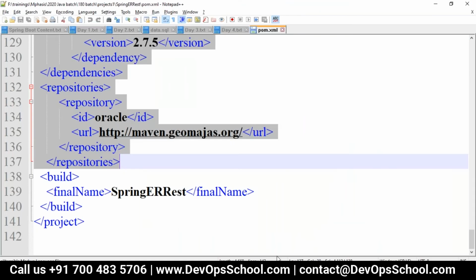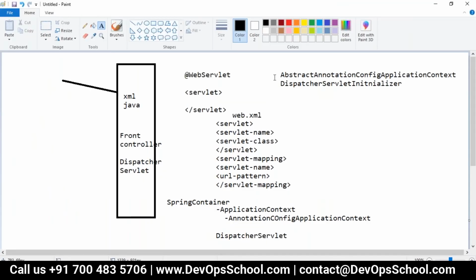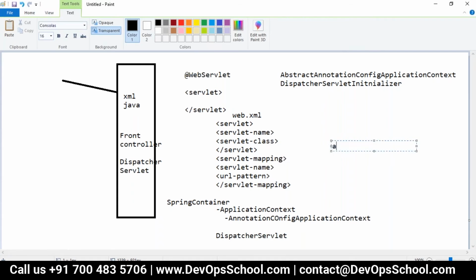In a Spring Boot application, you will not have that view resolver and all. View resolver we will be having, but we don't need to create it because it's everything mapping. We'll do it in application.properties. We don't write all the classes. We'll do it in application.properties or in the application YAML file.